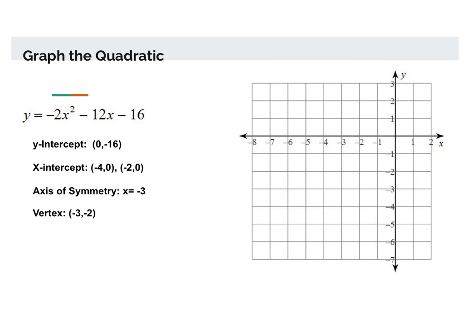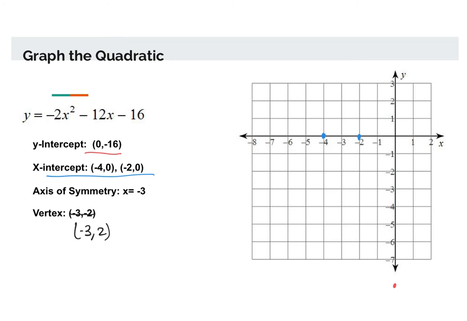Once you have all your information, you'll be able to graph by plotting all of these points and then connecting the dots. The vertex is actually a typo. This should be (-3, 2). So I am going to plot my y-intercept, which is (0, -16). And because of the space in my graph, I do not have enough space, so I know it's somewhere down here. Your x-intercept is (-4, 0)